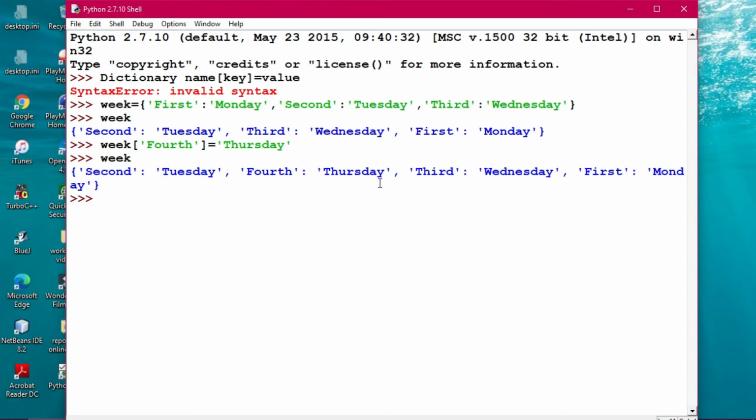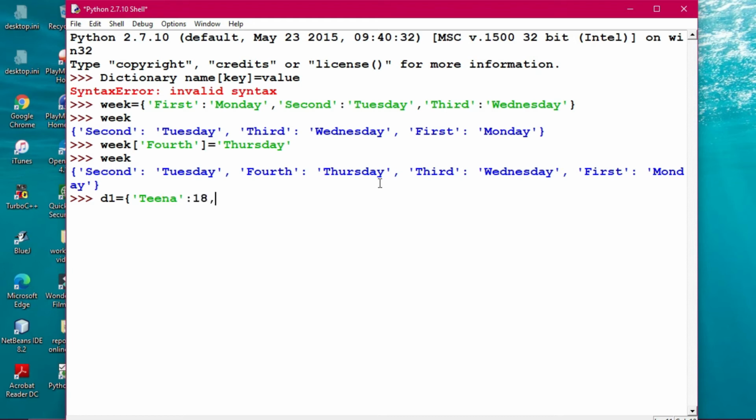So you can also update a particular value in a dictionary. Suppose I'm taking a dictionary, say D1. D1 equals, and I'm taking Tina, who is 18 years of age.